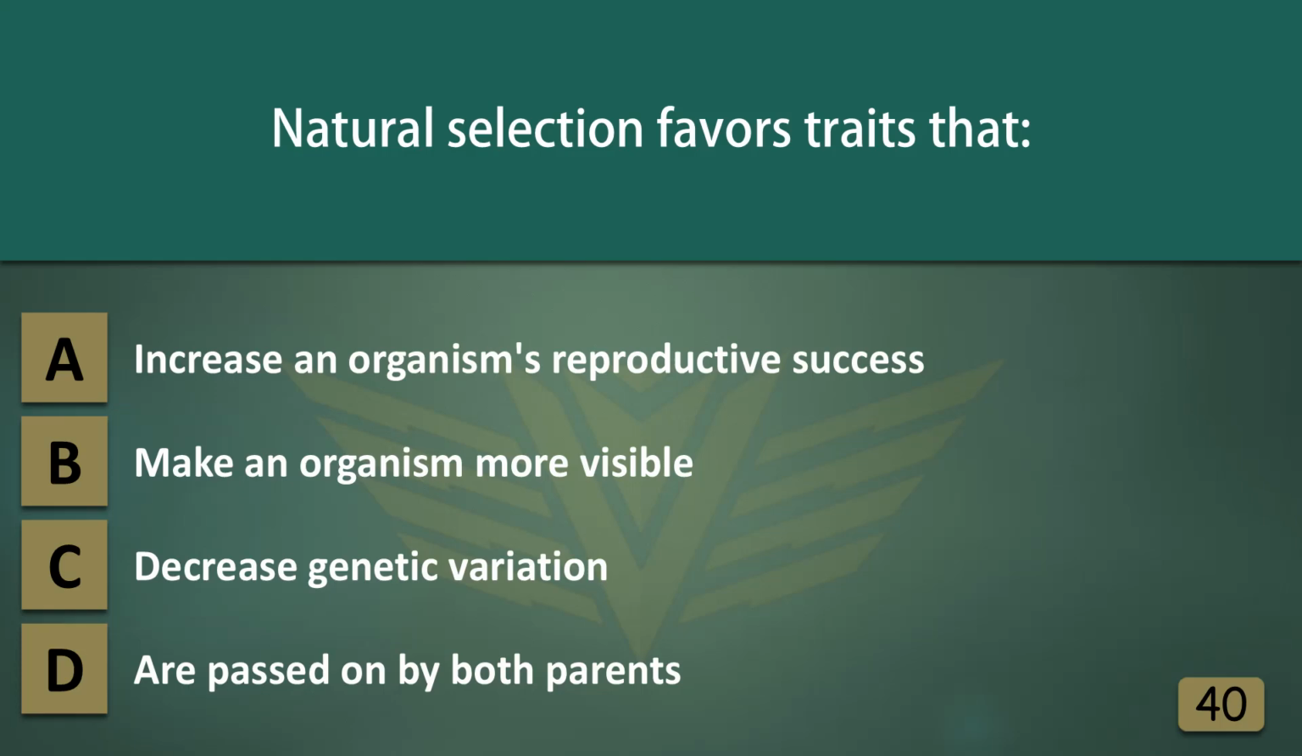Increase an organism's reproductive success. B. Make an organism more visible. C. Decrease genetic variation. D. Are passed on by both parents. The correct answer is A. Increase an organism's reproductive success. Natural selection favors traits that increase an organism's reproductive success, allowing them to pass on their genes to the next